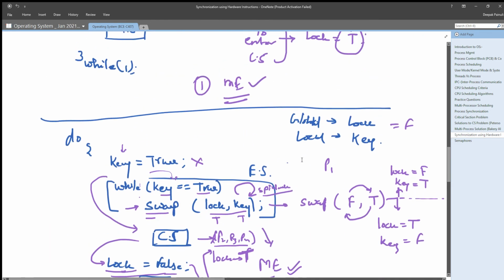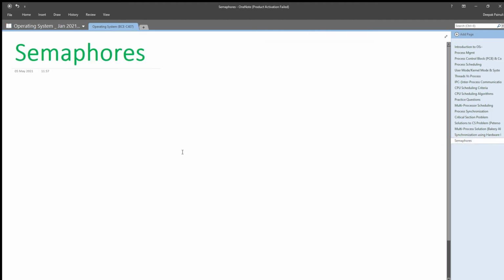Okay, so there is another way also by using which a developer can provide synchronization, which is called semaphore. Semaphore is a type of synchronization tool available with developers to use for providing synchronization, right?